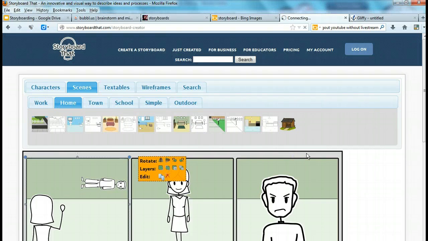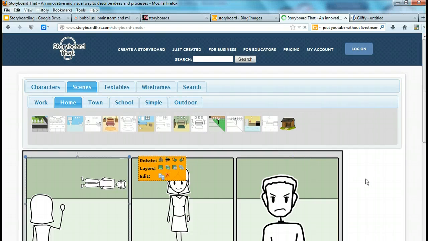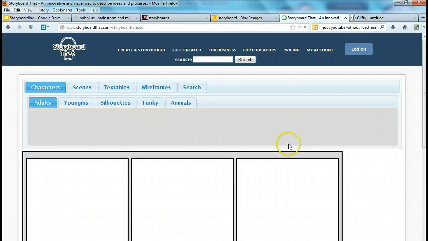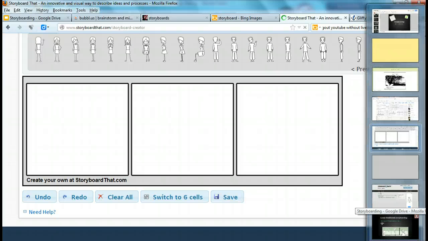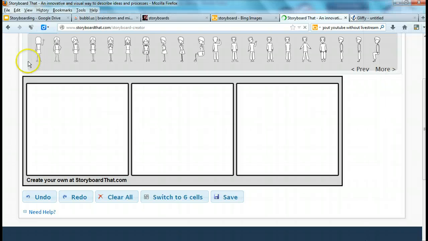Page, and it is very drag and drop. Very drag and drop, which is very nice for students. It's a little bit limited in the little characters you can use, but it's not bad. They're kind of cute. So StoryboardThat.com is another option. So again, a lot of the considerations that you'd be thinking about here is like location